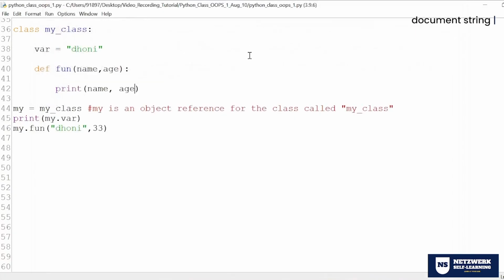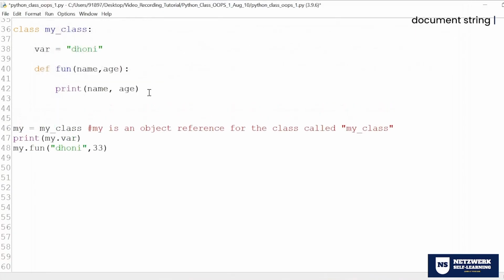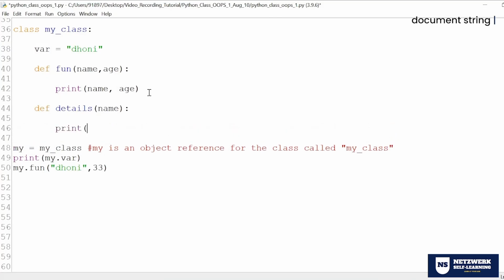And a class can also have another function, something called detail, and the detail needs only the name. Print name. So what you have to do? Again, you have to call another function called detail and pass only the name.